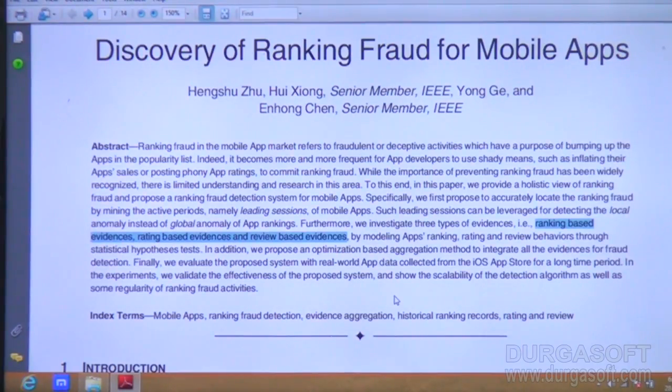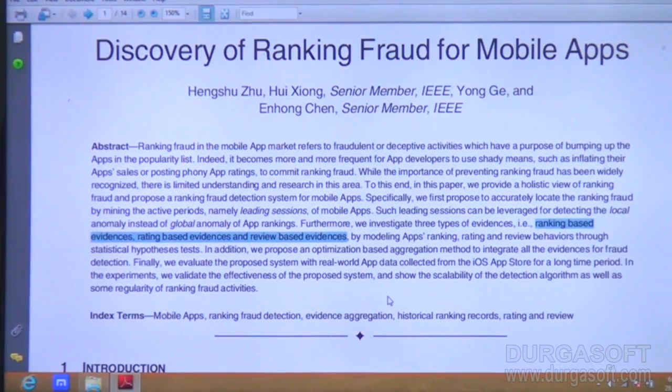The first evidence is ranking based evidence: in what way the apps are ranked. Next, rating based evidence: in what way people rate particular mobile applications. Next, review based evidence, which is nothing but the reviews that are written, yes or no. Based on these reviews also I can collect and maintain the evidences.